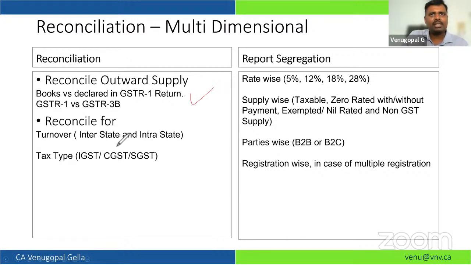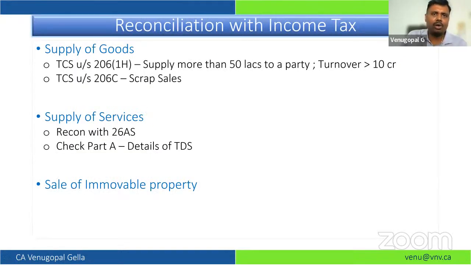Second, how much is payable interstate, which is IGST, and intrastate, which is CGST plus SGST. You will do this segregation. Same thing, you will segregate how much is rate wise. You will also segregate between B2B, B2C, all those categories. So you will do all these segregations and you will prepare your own working, and you will also have to